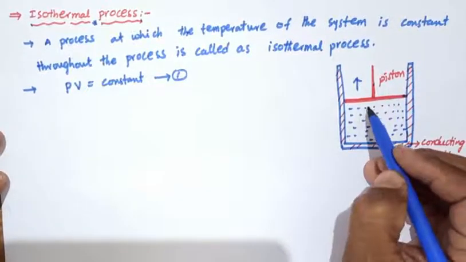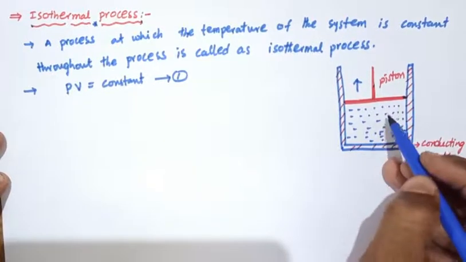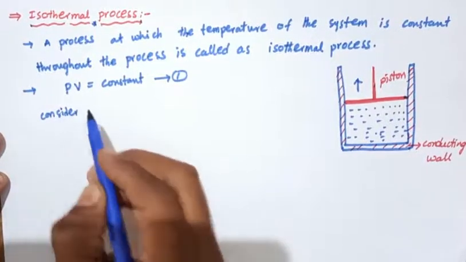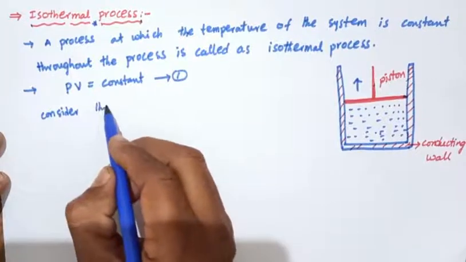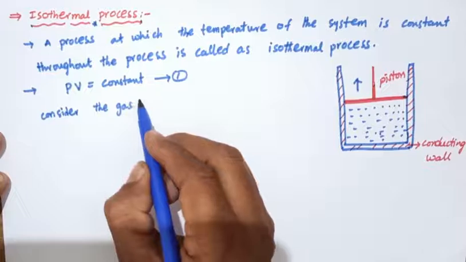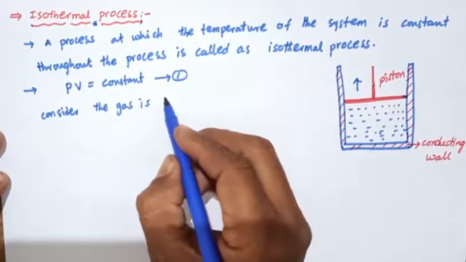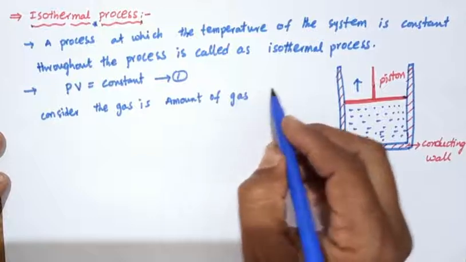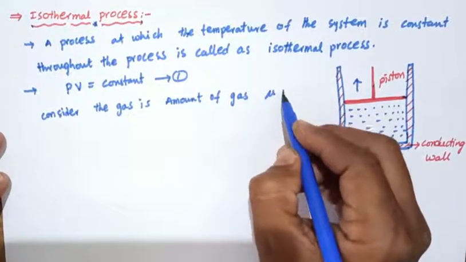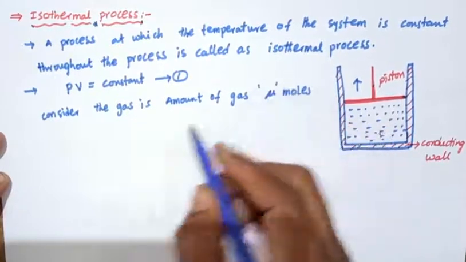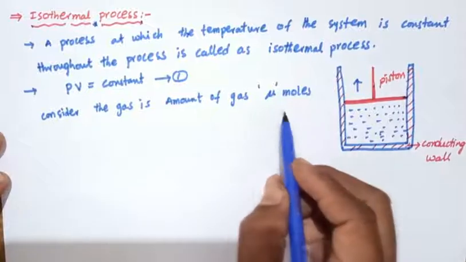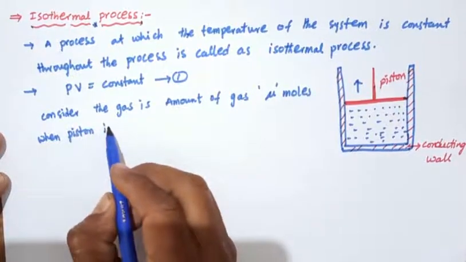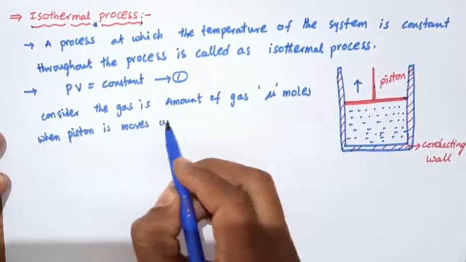Okay, so when the piston moves upward, consider the amount of gas is mu moles, and when the piston moves upward direction,